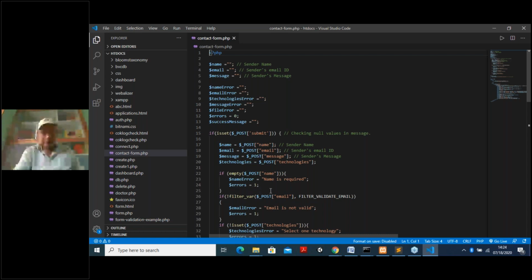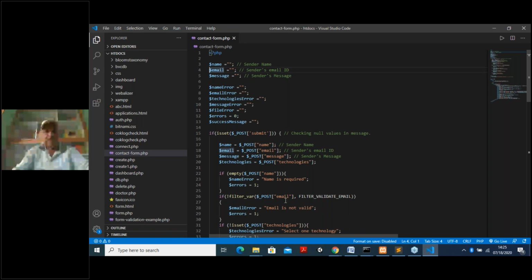Then I am using the filter variable. This will check automatically for the email, because for email we have a template, a format. For example, g underscore then some name @ readymail.com, or gmail.com.